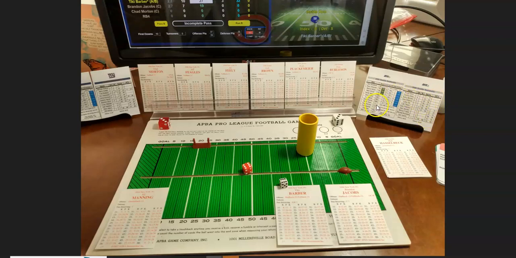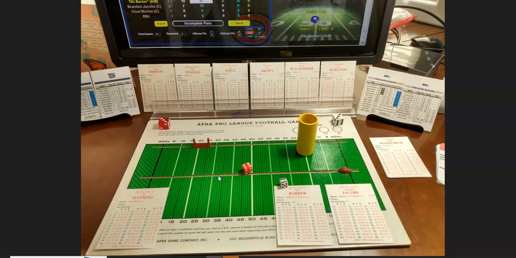And some statistics for the running backs and the receivers are here as well, but mostly I use it for their long runs and their long receptions. It has the team record and the coach, and how many rushing attempts versus passing attempts are on there as well. So that's what my setup looks like,